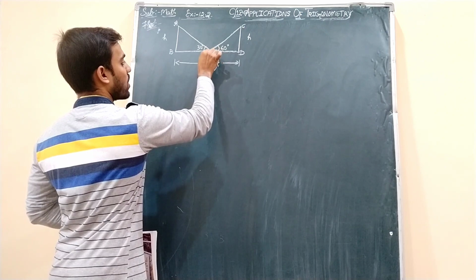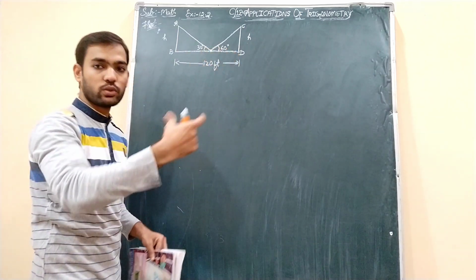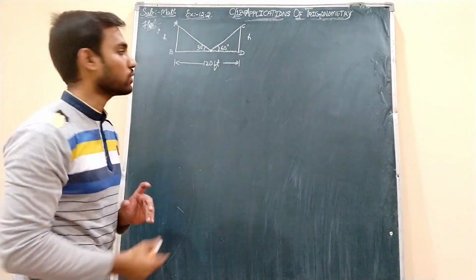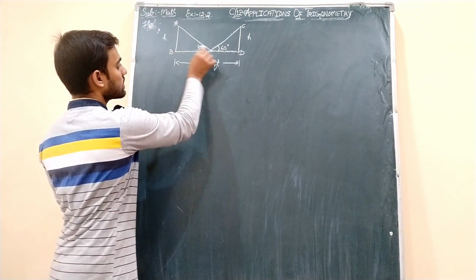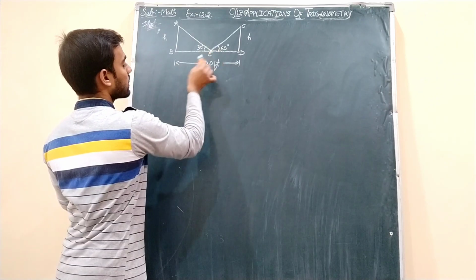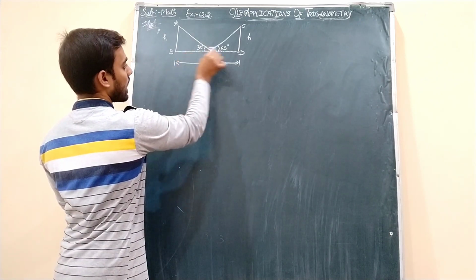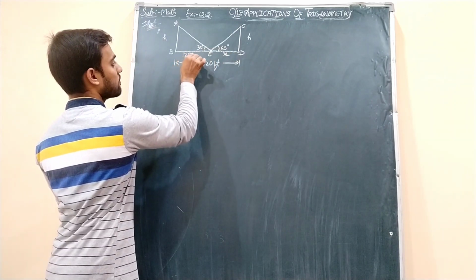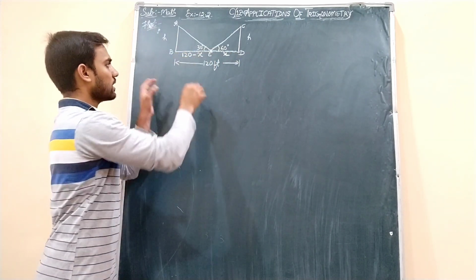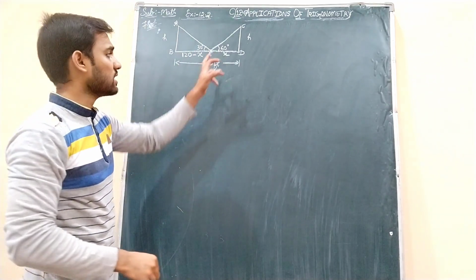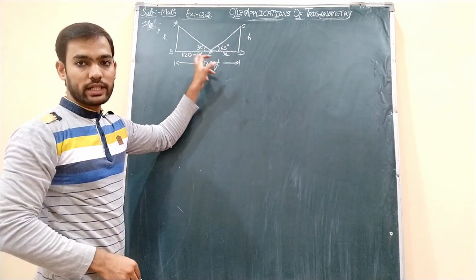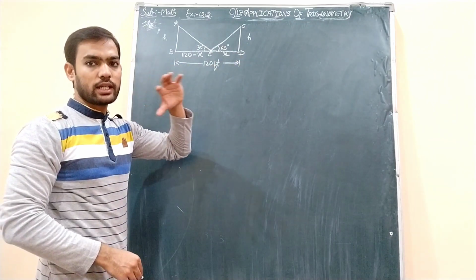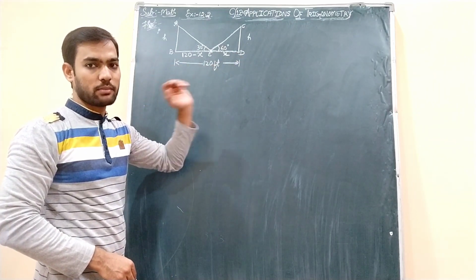Now because of this point, the road is being divided into two parts, not equal parts. Let me consider this point as E, and this part I will take as x, and this part as 120 minus x. Anywhere you can take x. If you want, you can take x here and 120 minus x there. It does not make any difference. You will get the same answer only.